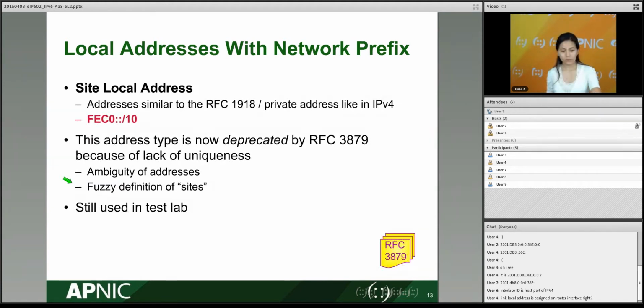The next one, which is, again, already deprecated, but I just want to discuss it because it leads to the next one. So site local address, or SLA. This is similar to the private address in IPv4. It is meant for that purpose, to be like the private address in v4. It starts with